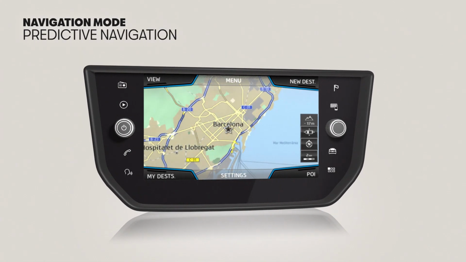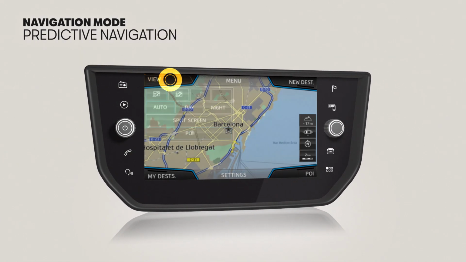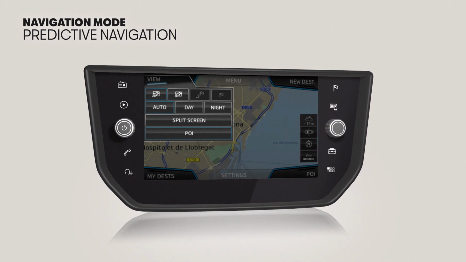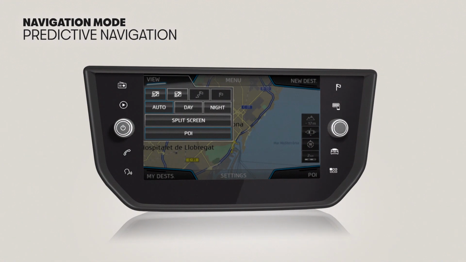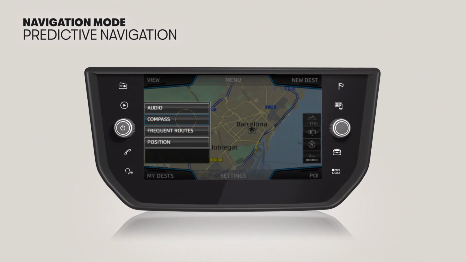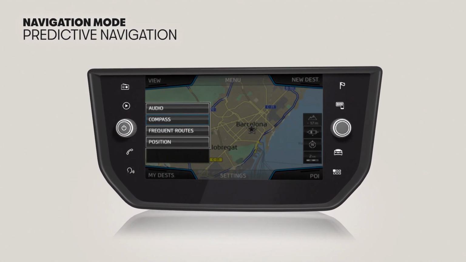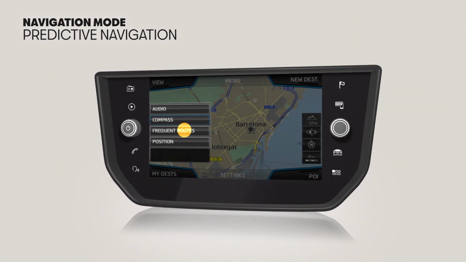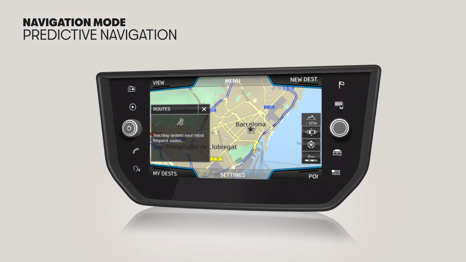Predictive navigation. The navigator includes a predictive navigation option. This option detects routes travelled regularly and stores them on a separate level, even if none of them are active routes to destinations. On the navigation menu's main screen, click the Frequent Routes key on the pop-up window to view